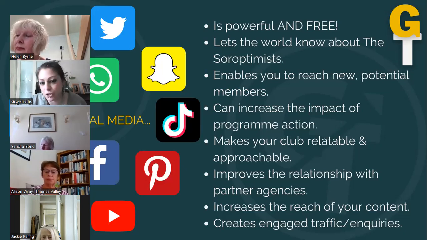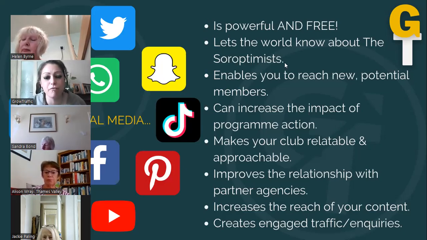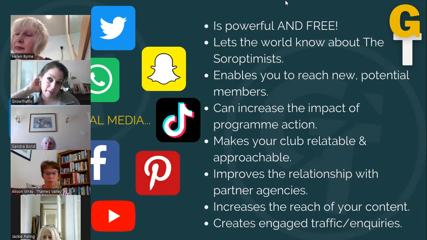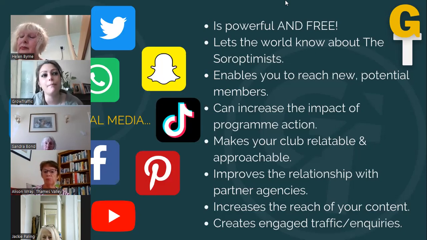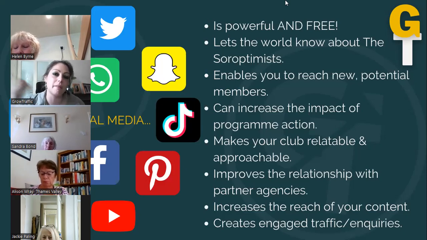It enables us to reach potential new members, as we've already said, a really powerful way of doing that. And I will talk a little bit more about why that matters. But if you think about that basic point, we talk about pain points in marketing, and one of the pain points in growing the membership of Soroptimism is that walking into a room of women that you don't know is scary.